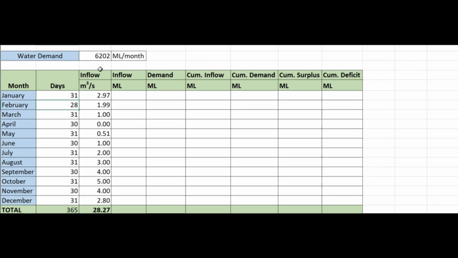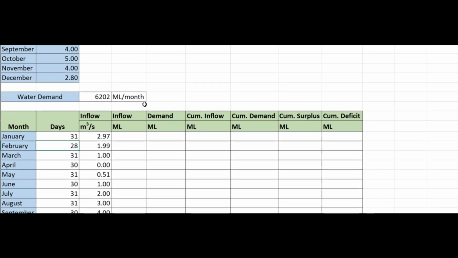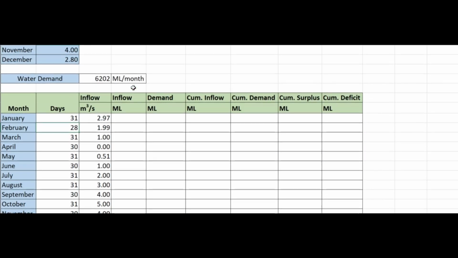Now here are the inflow values from the table given. Now for the inflow in million liter, how can we convert this inflow into million liter? So let's check. To convert the inflow in meter cube per second to million liter, what do you need to do? You need to just multiply the inflow value into,